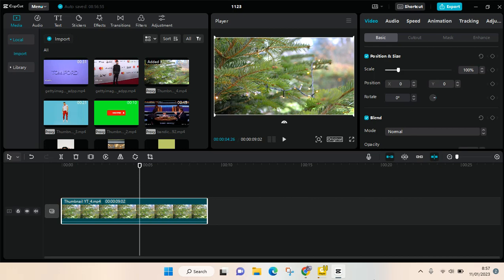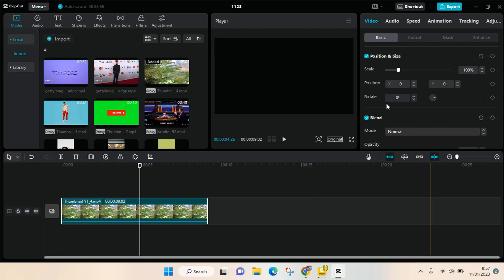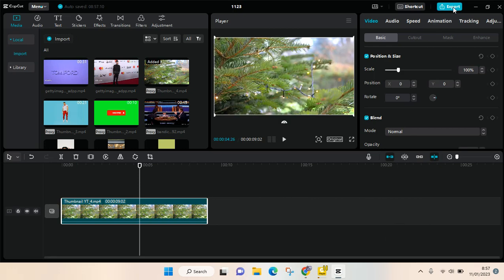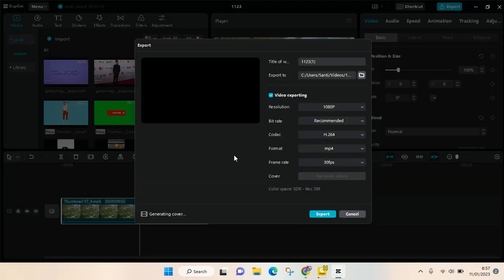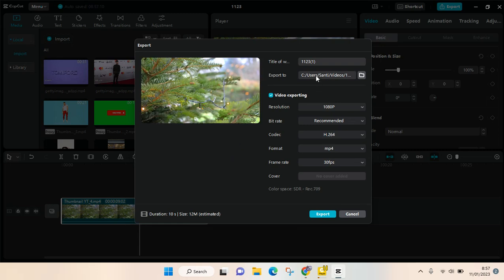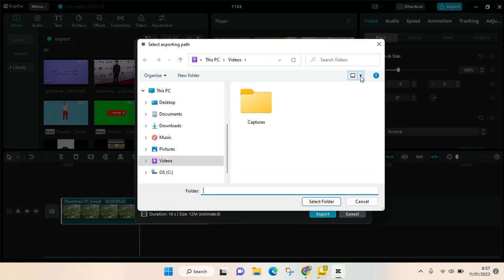So to export, you actually just need to click on the export button at the top, and then this box will show. So if you want to change the title of the video, you can do that in here. For example, edit it, and then you can also change the folder, that is the source folder or the exporting path here. I suggest that you choose the folder that's easiest to find for you in your computer, and then after